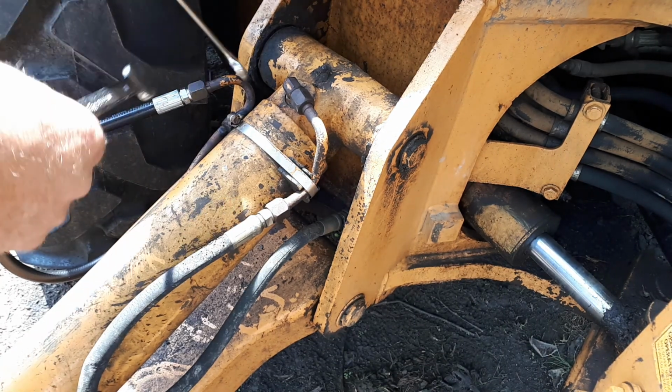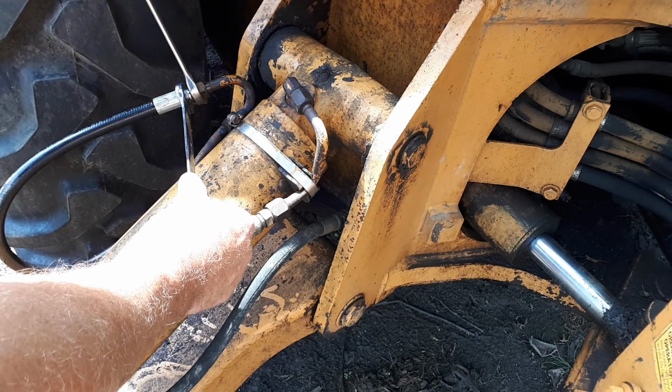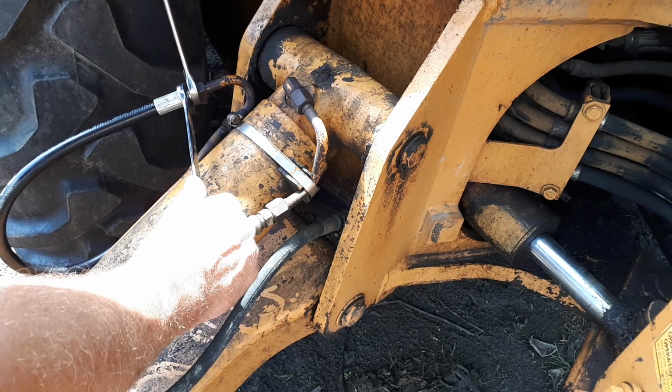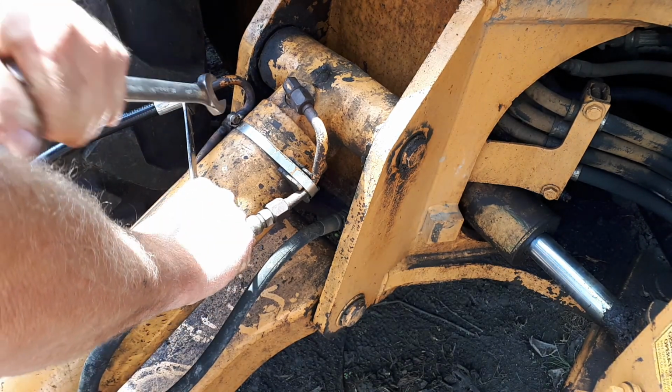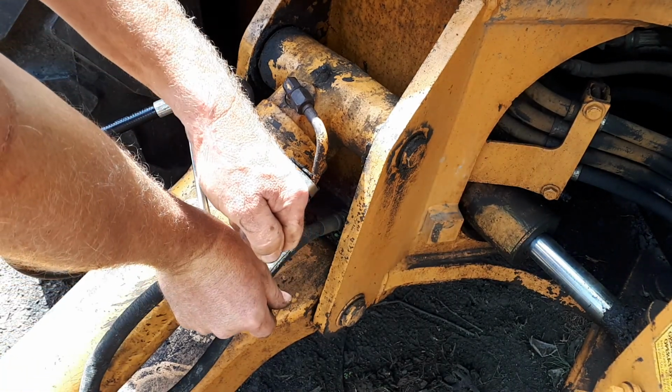Okay. Case guys don't know. I think they deliberately get you the wrong part just so you stop buying parts from them and buy a new backhoe. It's possible. So I stopped going there years ago, and they were charging me a lot more too than where I'm getting parts from now. So